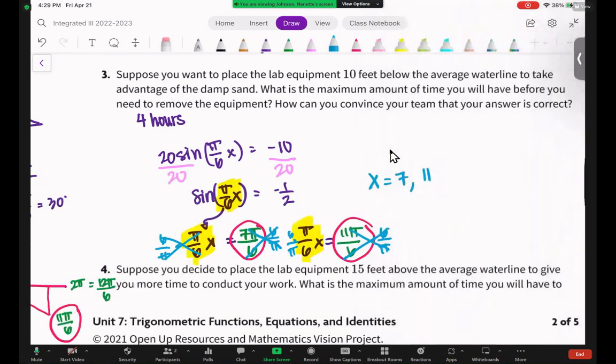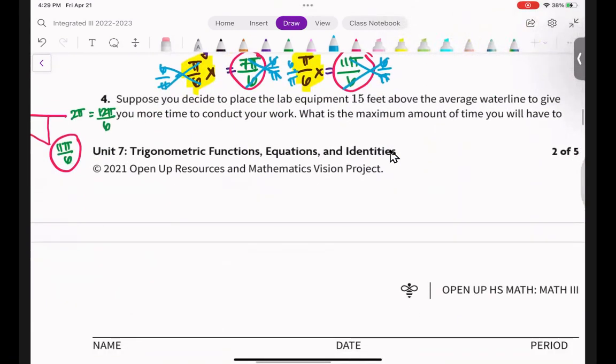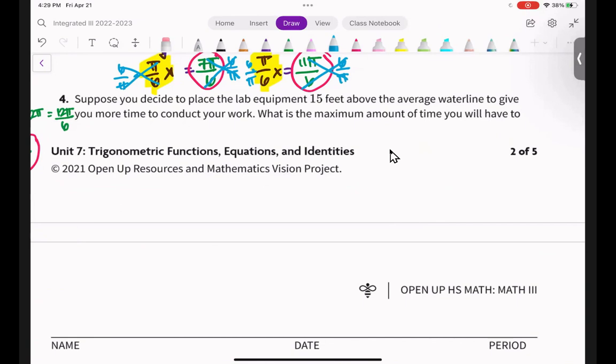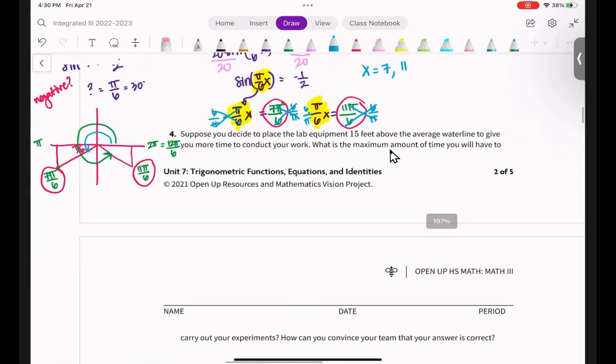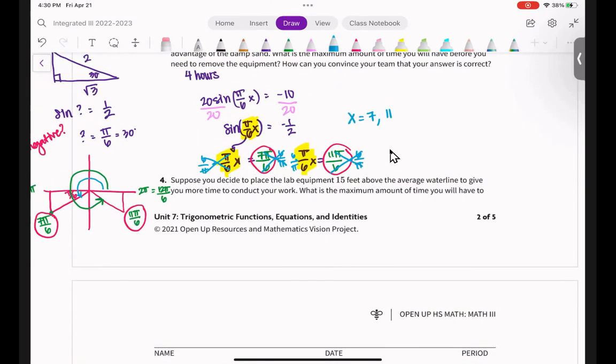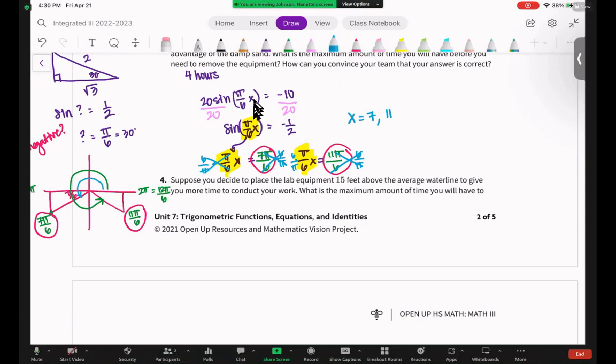All right, moving on. It says, suppose you decide to place the lab equipment 15 feet above the average water line to give you even more time to do your work. What's the maximum amount of time you will have to carry out your experiment, and how can you convince your team is correct? So now I'm gonna say, look, you can do the same exact thing using this method here,